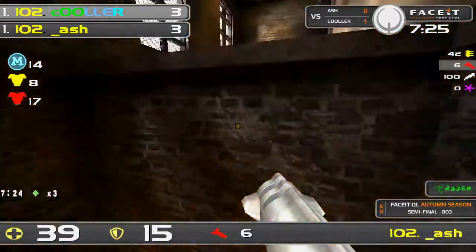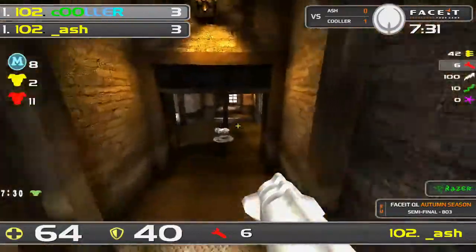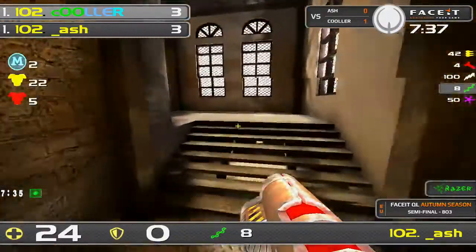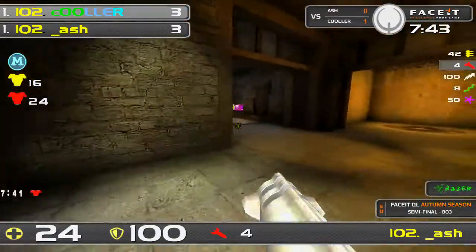Yeah, maybe Cooler would have been better off if he had pushed in with the LG rather than sit back and try to finish him off, because he would have got him. He would have only got one rocket off probably. But yeah, really excellent rockets there by Ash. And now, pushing in off the spawn is risky, and it now leaves Cooler in a good position, because although the score's tied, he should be able to get the Mega and then maybe force his way onto